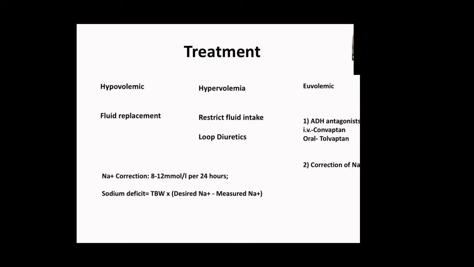How do we do sodium correction? I think this has all been taught. All our students are now smart. We learned all this while doing intensive care. Now our PGs know these corrections, and it is total body water into desired sodium minus measured sodium. My desired minus measured will always be 10. If my sodium is 108, I don't want it 140. I want it only 118. So this factor comes 10. Total body water, it is simple. For males, it is a factor of 0.6. For female, it is a factor of 0.5.